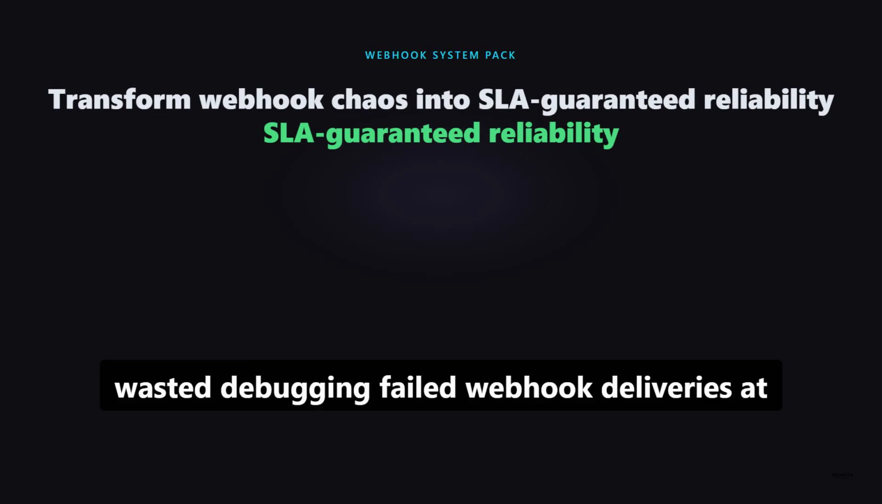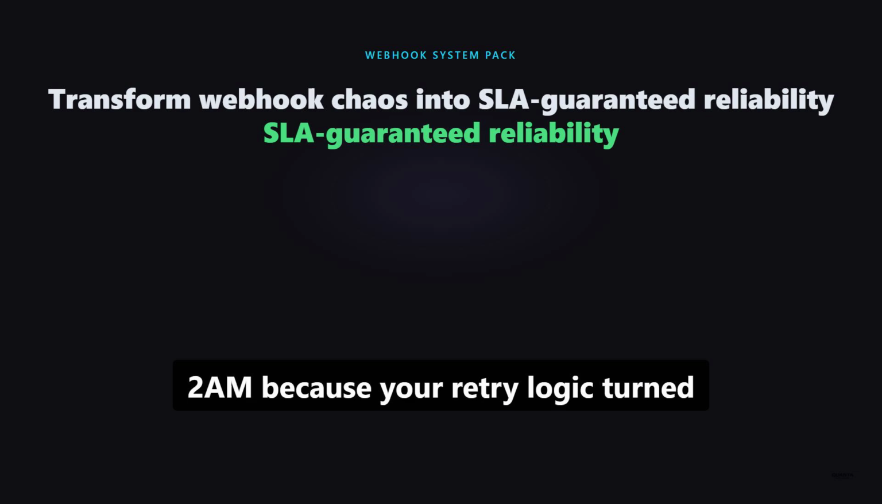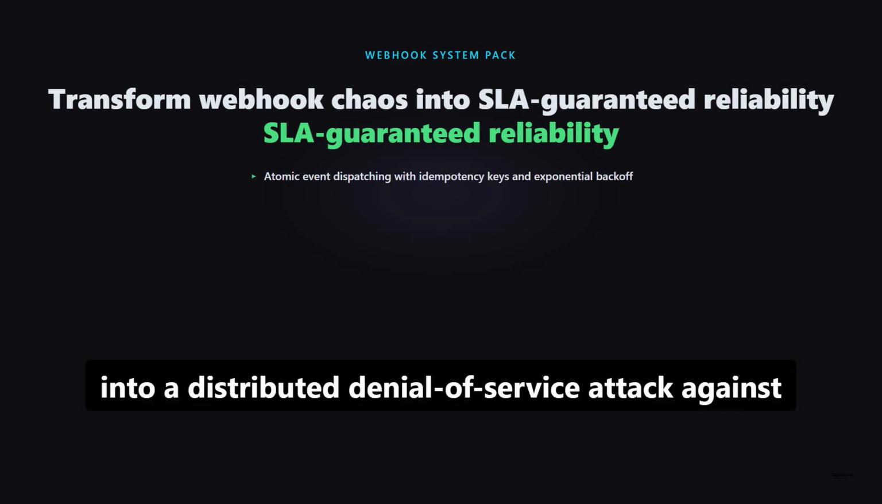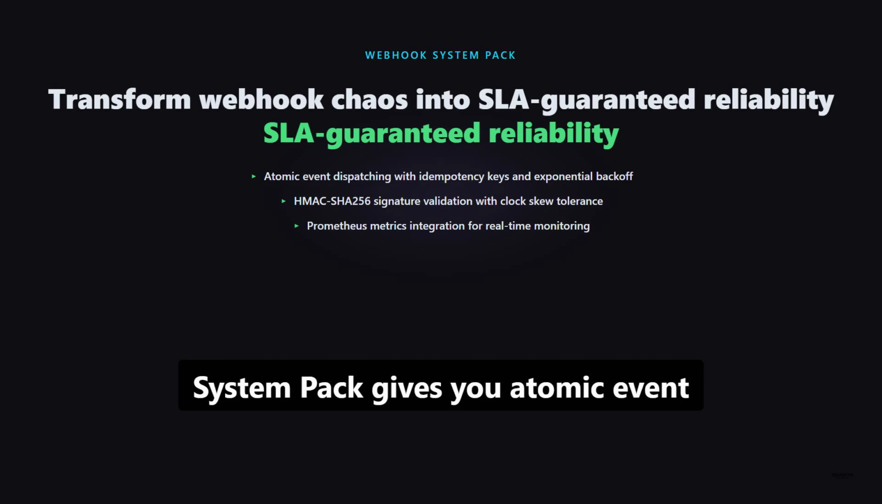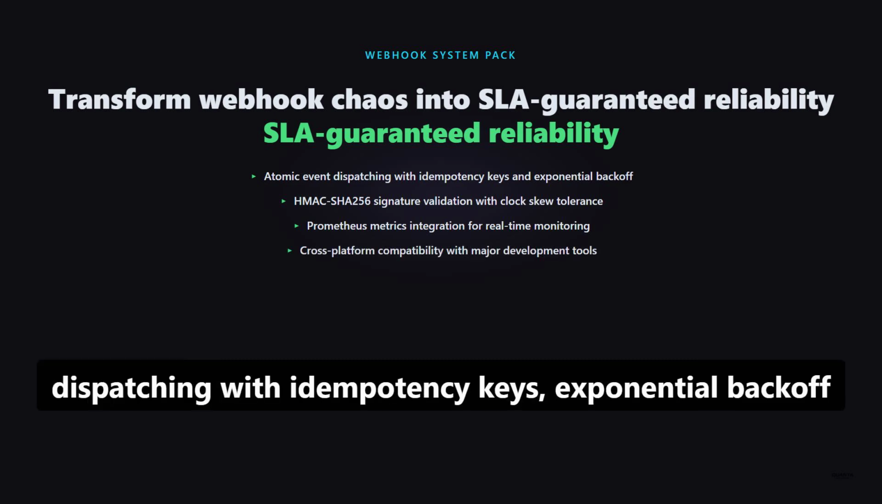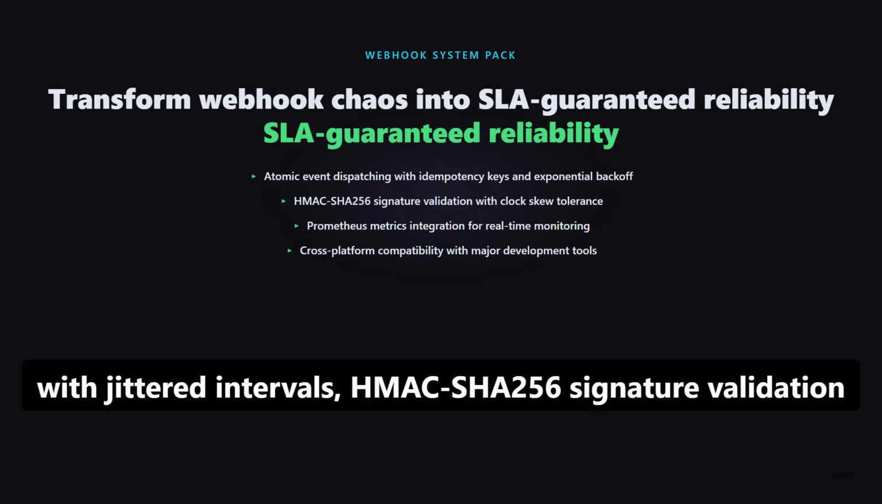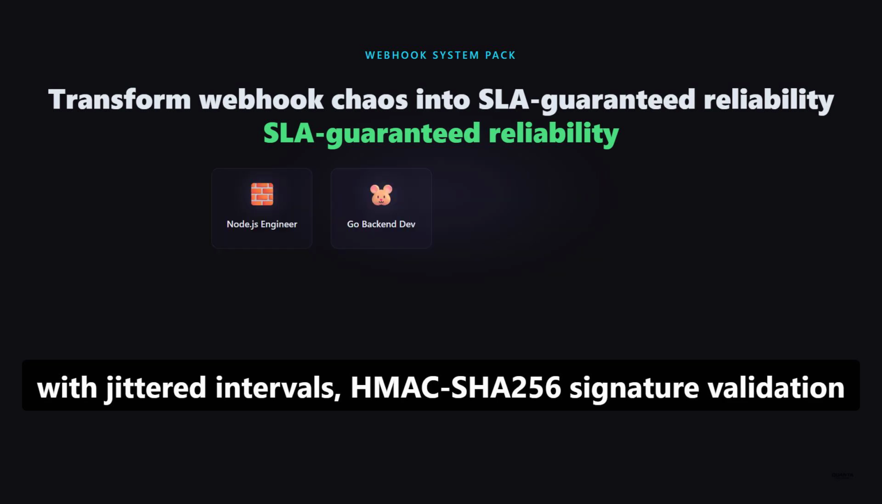How many hours have you wasted debugging failed webhook deliveries at 2 a.m. because your retry logic turned into a distributed denial of service attack against your own API? The webhook system pack gives you atomic event dispatching with idempotency keys, exponential backoff with jittered intervals, HMAC SHA-256